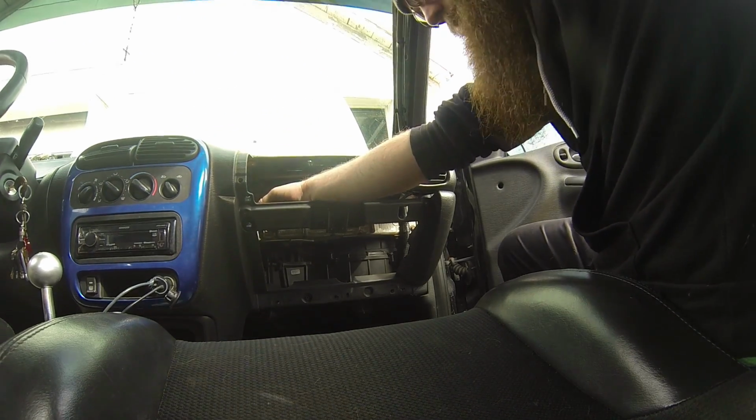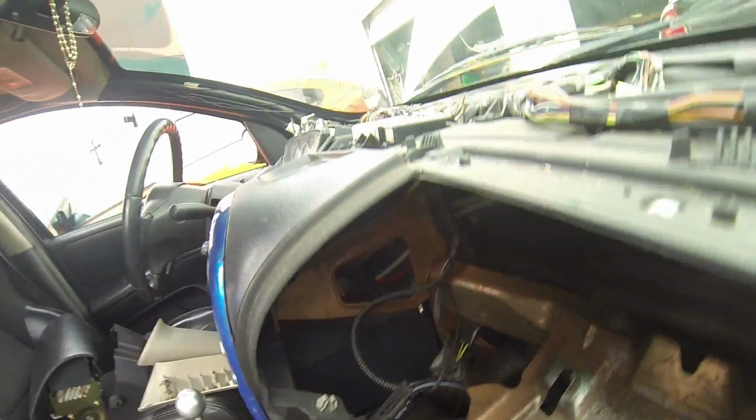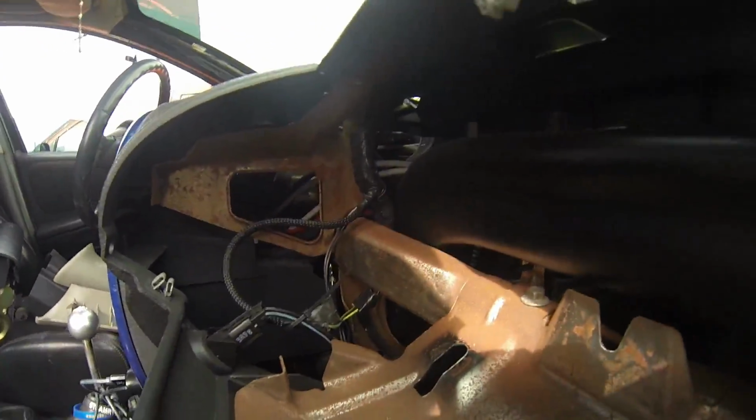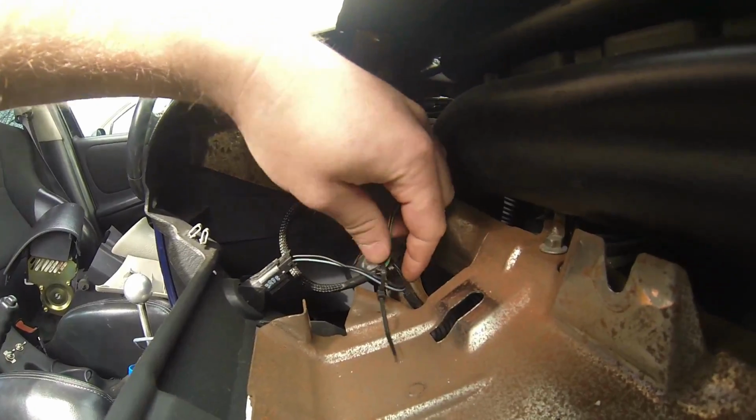Okay, here's what I'm gonna do. Let's see if the camera will stay here for me. Hopefully it's not too crooked. It doesn't want to work. Okay, that'll work actually. So what I'm gonna do is I'm going to get the lead for the airbag connector